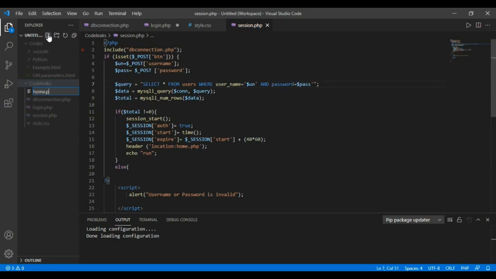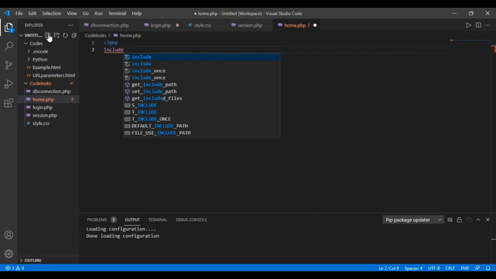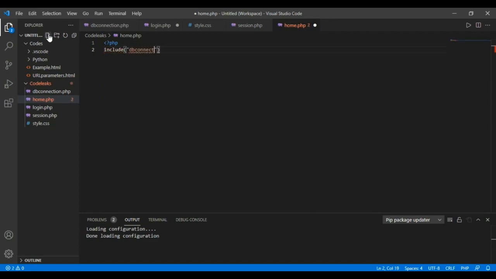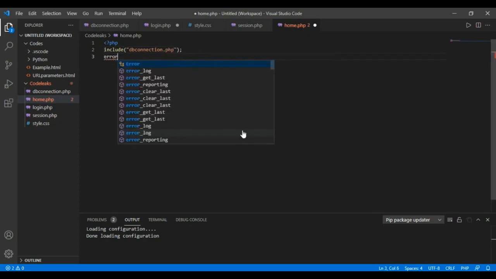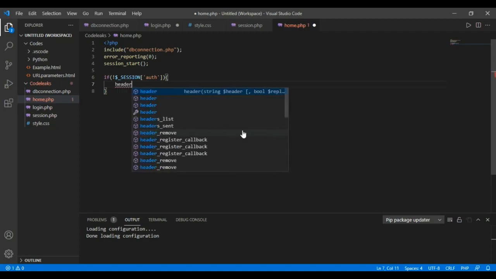It's time to create the home page where our login form will be redirected. So we will use the include function to include the database connection file in this home page, and afterwards we will be having the session start function. So what happens is, on the home page, the session start function is called to maintain the session. It allows us to fetch session variables from the page. Next step, we will have if statement. The if statement is maintained to check that someone is not directly access the page without login.